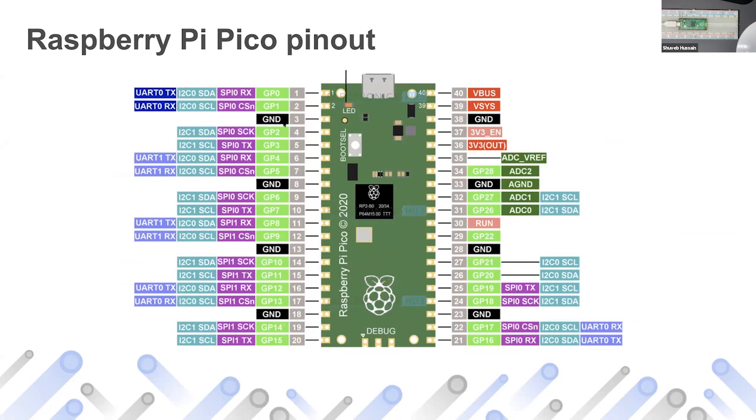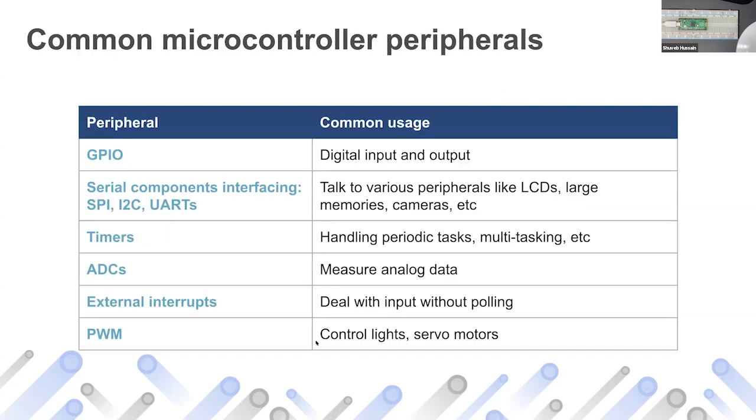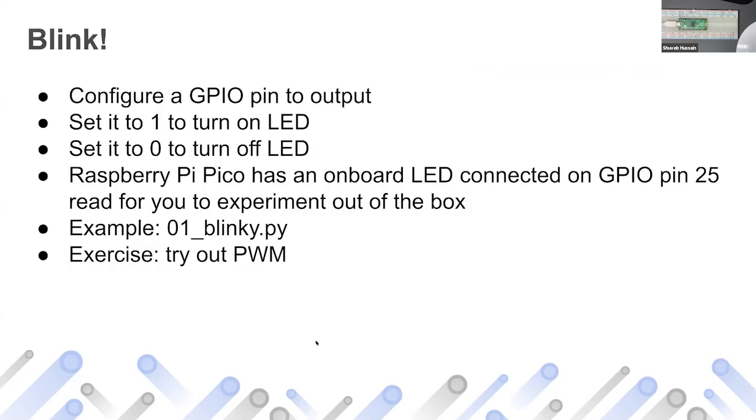So the pin number, and you always look up. For example, if I say, hey, connect something to GPIO 15, you come and look at this diagram. You just Google image search for Raspberry Pi Pico pin out. You'll be able to see what pin is what GPIO and what other peripherals. Mostly we'll be using GPIO and I squared C. So this is what we'll be doing, right?